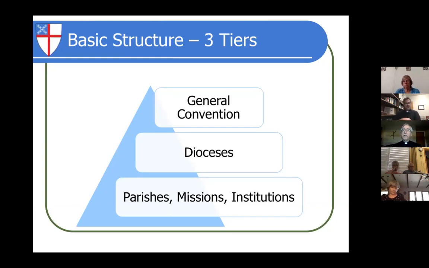You're more familiar with that, where we live here in the Episcopal Diocese of San Joaquin. And then the local expression of this are the parishes or missions like St. John's in Stockton, or institutions. We don't have many institutions here. Maybe the School for Deacons in Fresno could be considered an institution, but other places have